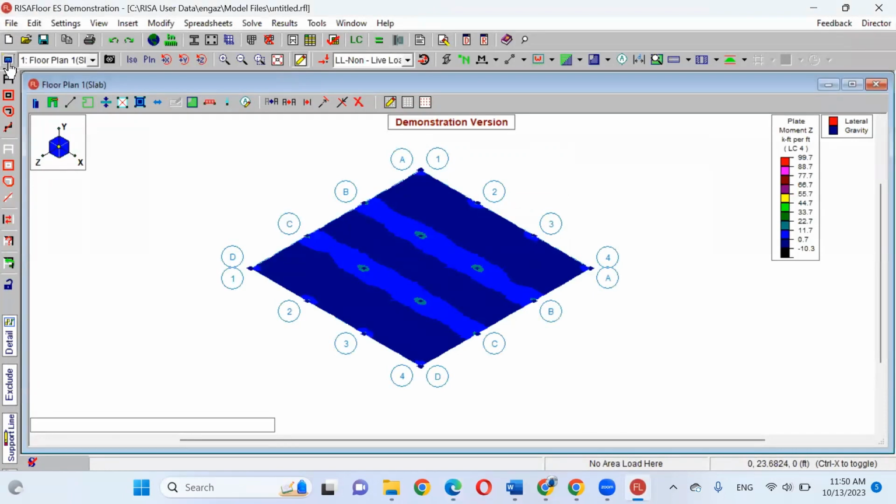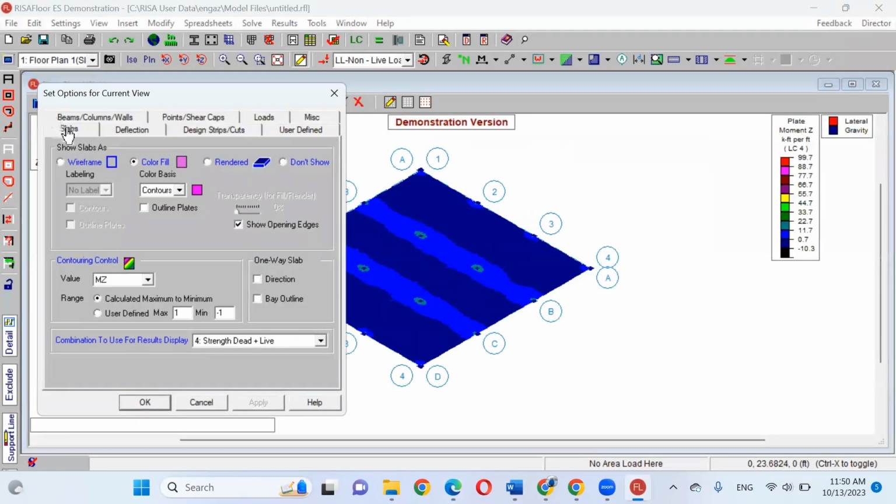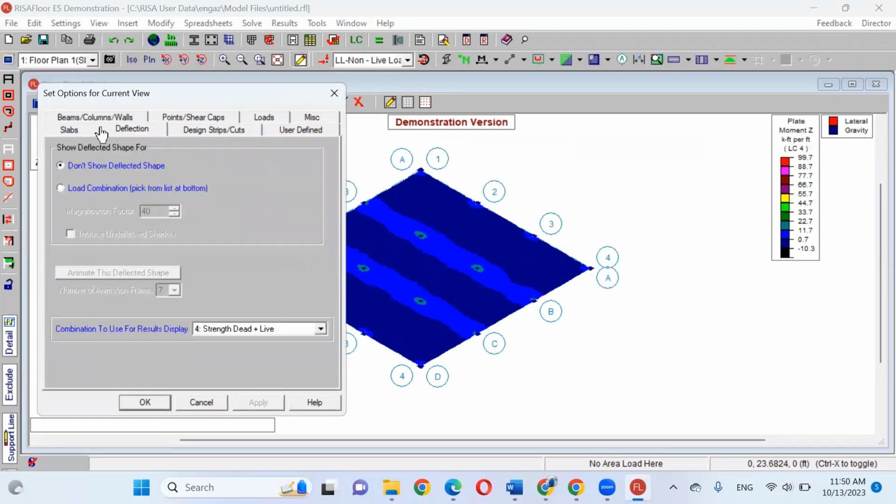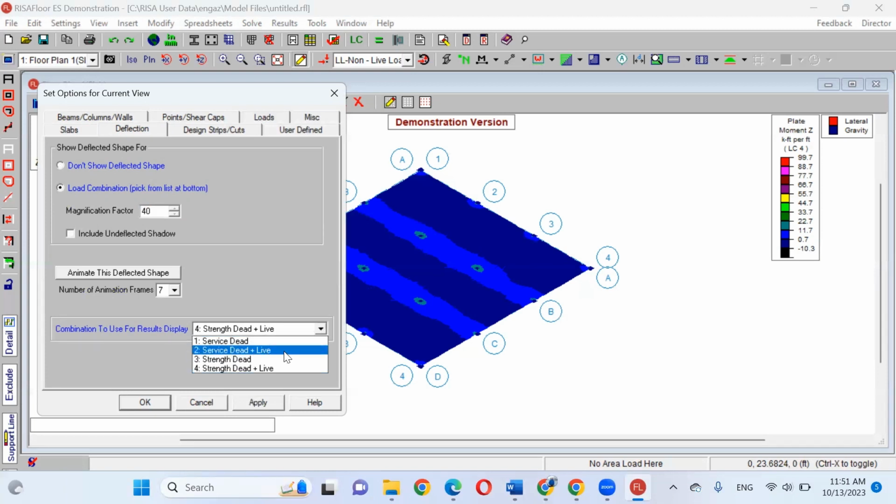If you go back to the same icon, not slab, deflection. I'm sorry, deflection. If you go to deflection and select this load combination, let's try the magnification factor of 40. And this is one more important thing. I'm going to use the combination number 2, surface dead plus live. One of you will ask me, what is the main difference between surface dead and live, and strength dead and live?